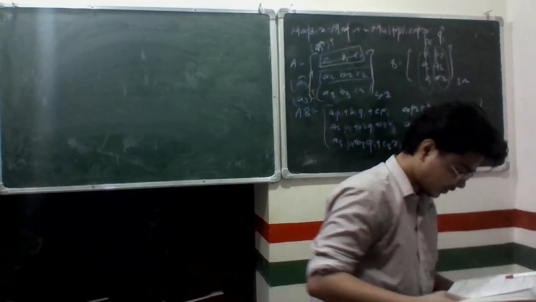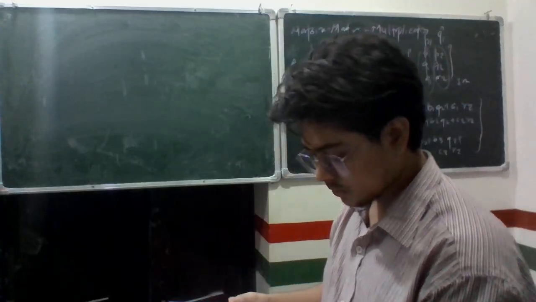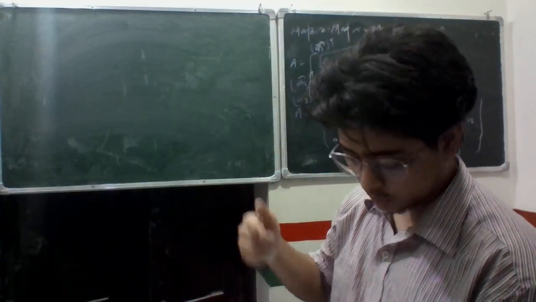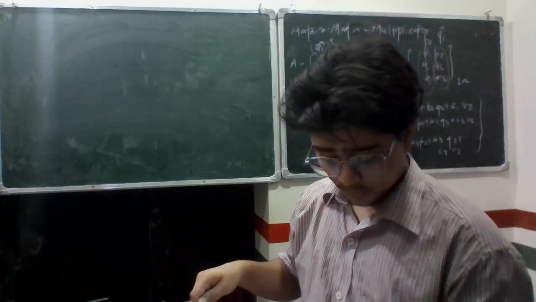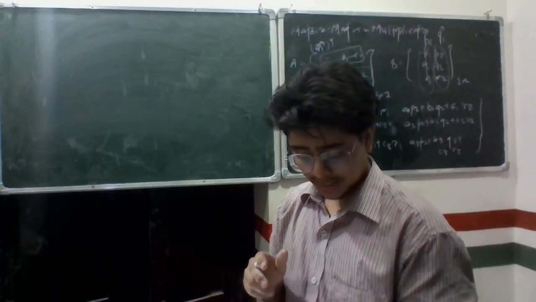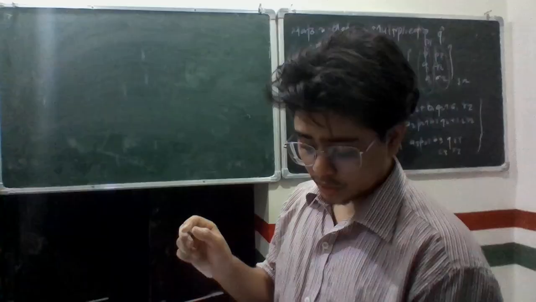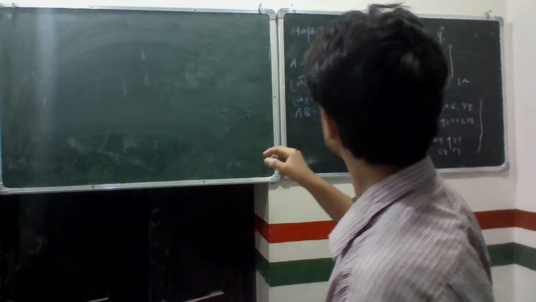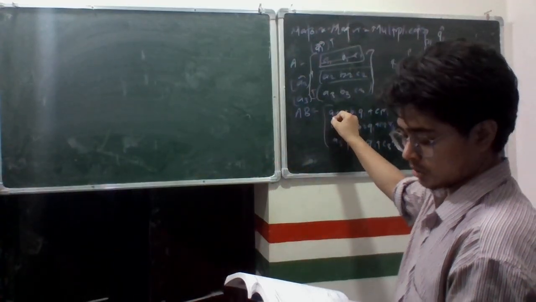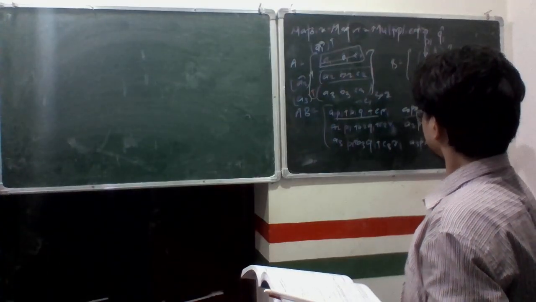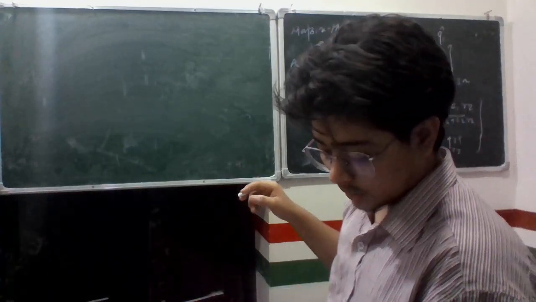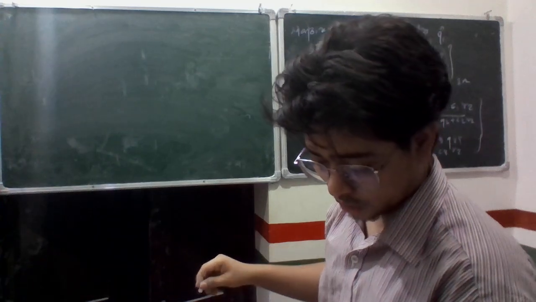If we have two matrices A and B, and we want to multiply them, you can check the book. Let's suppose the elements that we get are C1, C2, and so on, then we can write it in the form such that